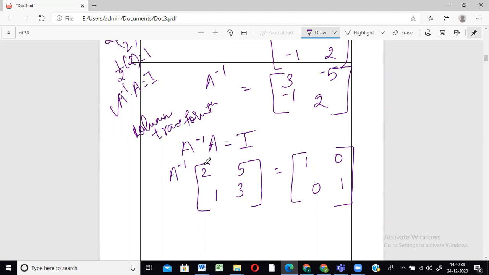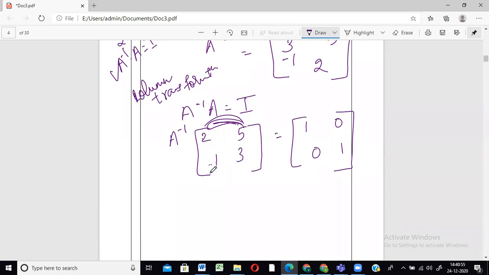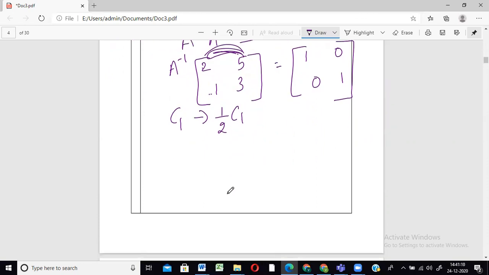But right now, what do we have to do? We have to follow the same procedure. इसको 1 बनाना है. अभी जो transformation होगा, वो rows के बीच में नहीं होगा. In fact, वो ये दोनों columns के बीच में होगा. Okay. So 2 को with the help of 5, I can make it 1, right? So what I'll do? I'll divide that 2 by 2 so that I get the final answer as this. Okay, so I divide the first column by 2. Okay, so this is what I get.